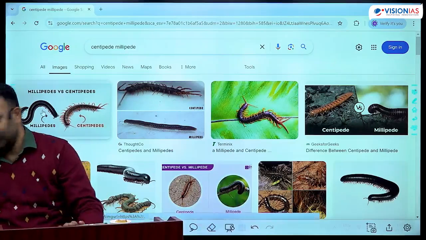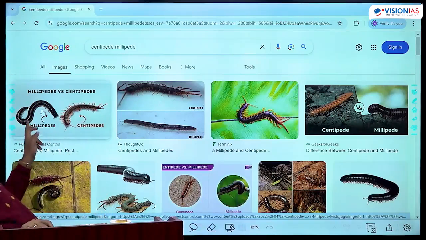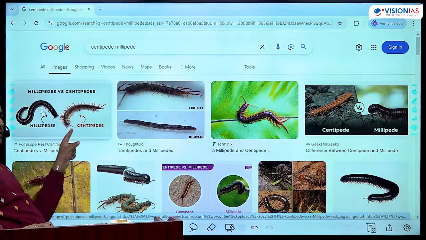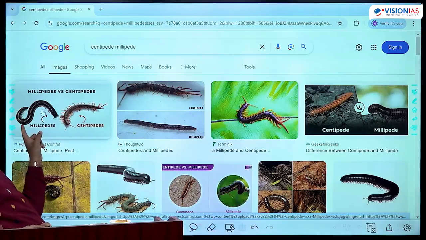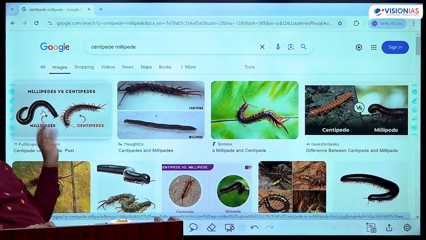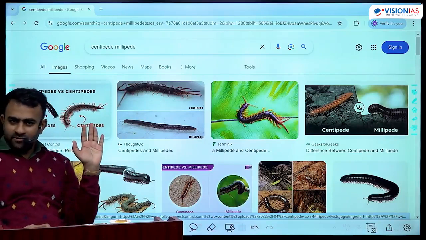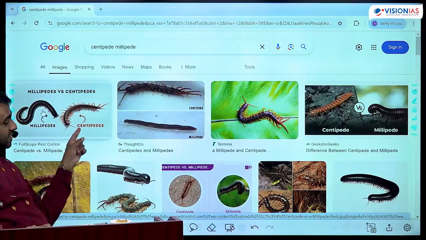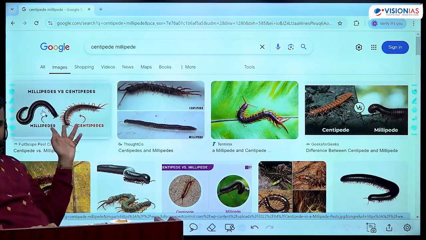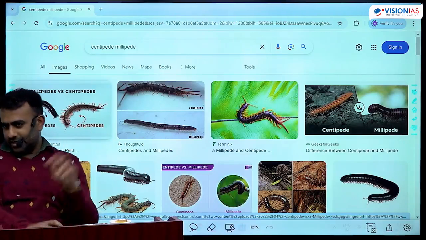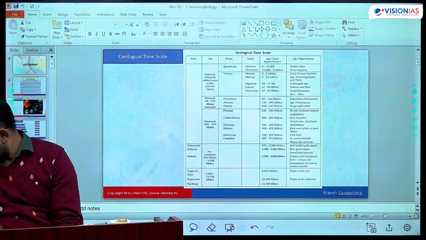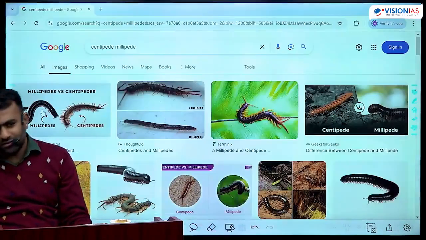This is millipede, this is centipede. Millipede, centipede. Centipede is a carnivore. Millipede, it's a decomposer type. Okay, जो भी मरेगा उसको भी खा सकता है. ये कार्निवोर है. 2 बार यूपीएससी में इसका मेंशन हुआ है क्वेश्चंस में. ठीक है, सेंटीपीड मिलीपीड याद रखो, क्योंकि वो पैदल आना शुरू हो जाएगा ना, so it will start to come